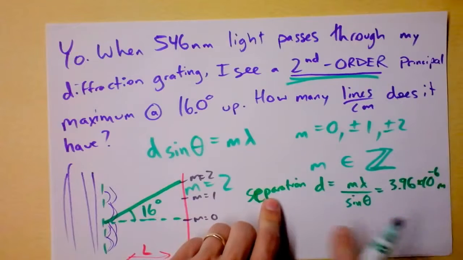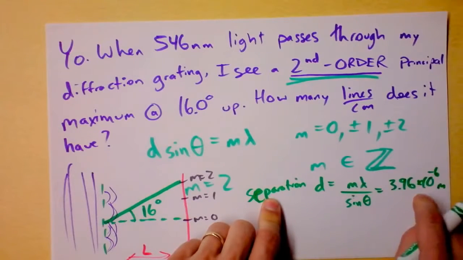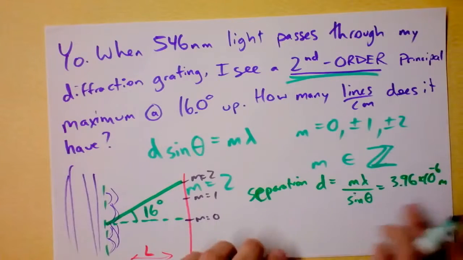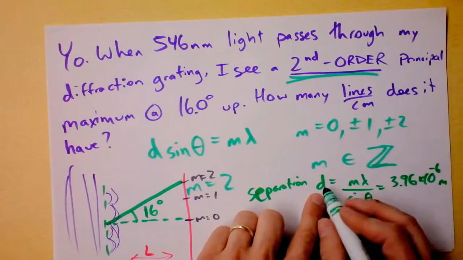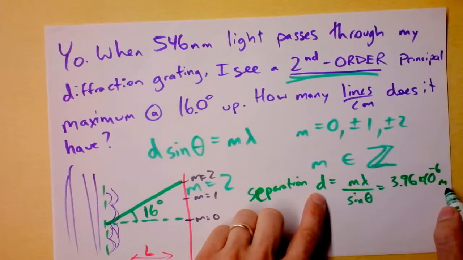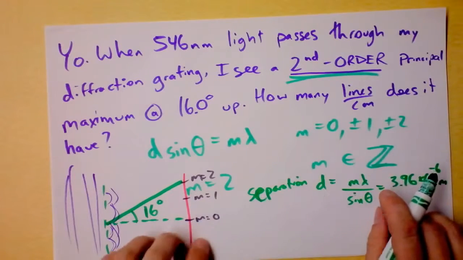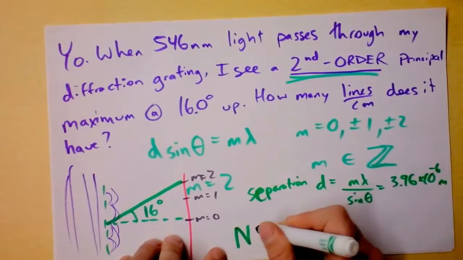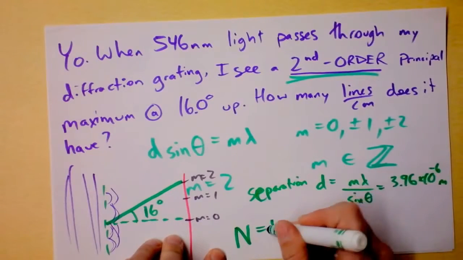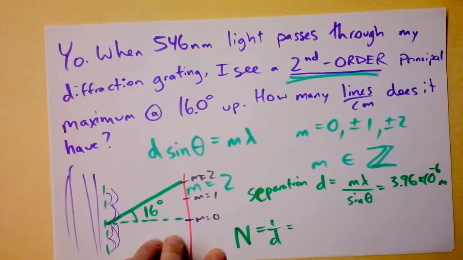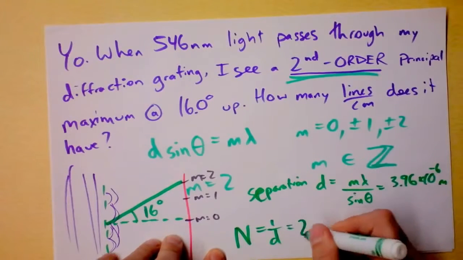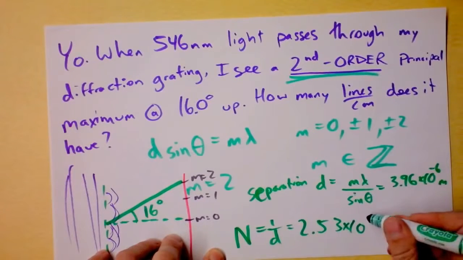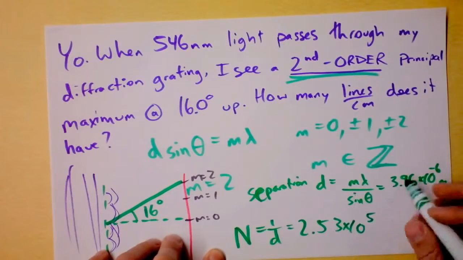So if I know the separation distance is that big, then how many of those can I fit into, for instance, a meter? Well, this is lines separation, and I want lines per meter, so I better take the inverse of that. I'm going to say that this number here, N, is the number of lines per meter, and that's going to be 1 over the separation distance. I hope that's reasonable for you. That comes out to be 2.53 times 10 to the 5th